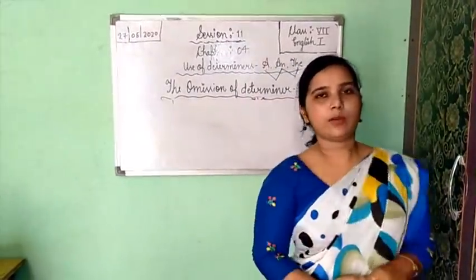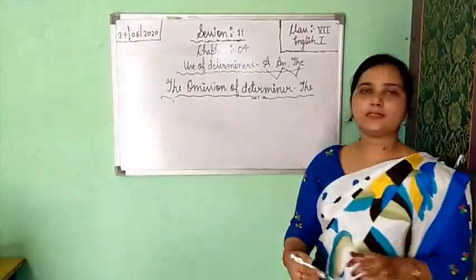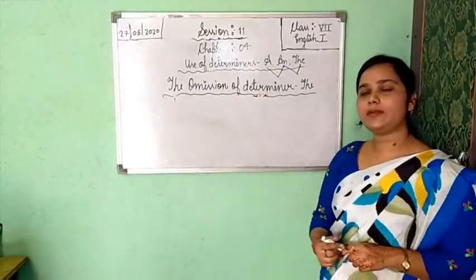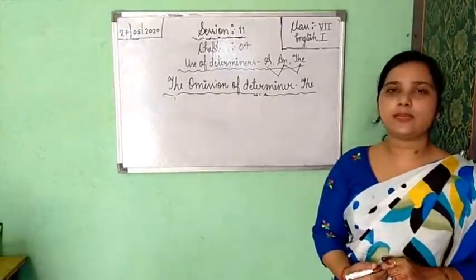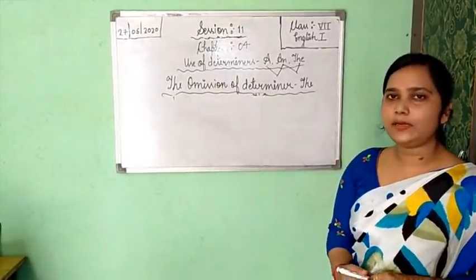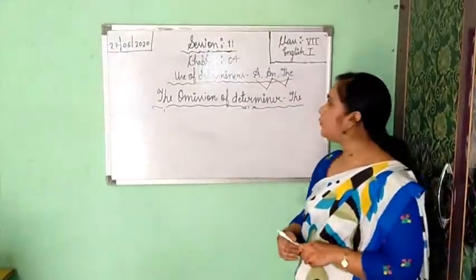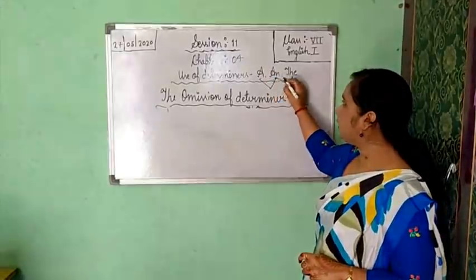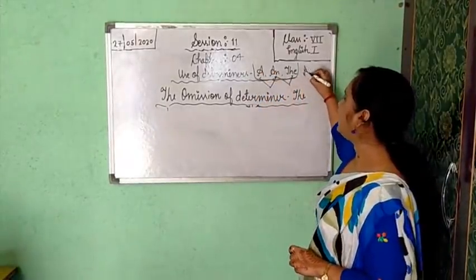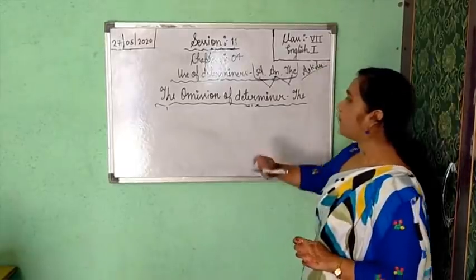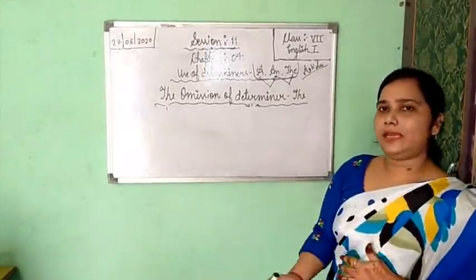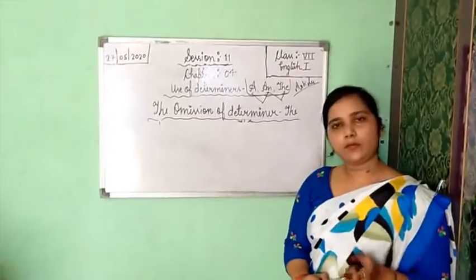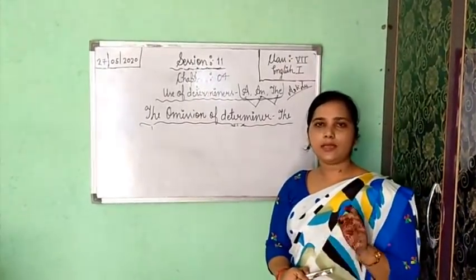In this session we have completed the use of determiners. Firstly, I told you what a determiner is, the definition, and the different kinds of determiners. There are two kinds: the definite determiner and the indefinite determiner. In the indefinite determiner you get "a" and "an", and in the definite determiner you get "the". "A" and "the", these predeterminers are also known as articles. I told you where you will use "a" and where "an": if you get a vowel-sounded word, you will use "an"; if you get a consonant-sounded word, you will use "a".